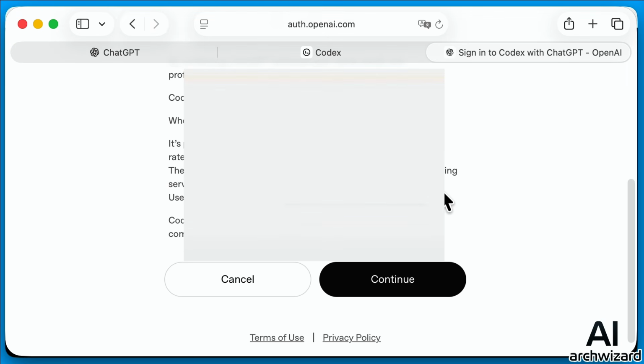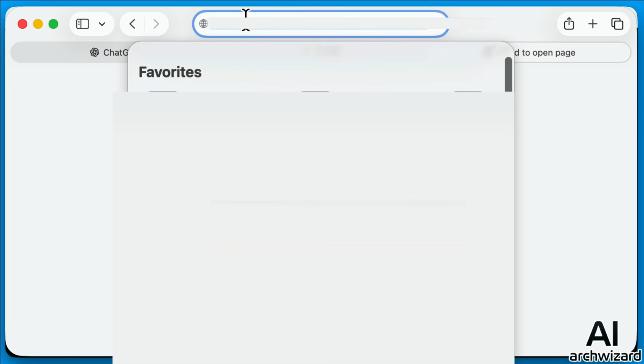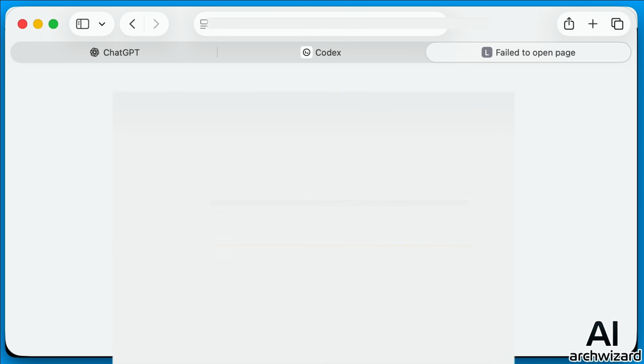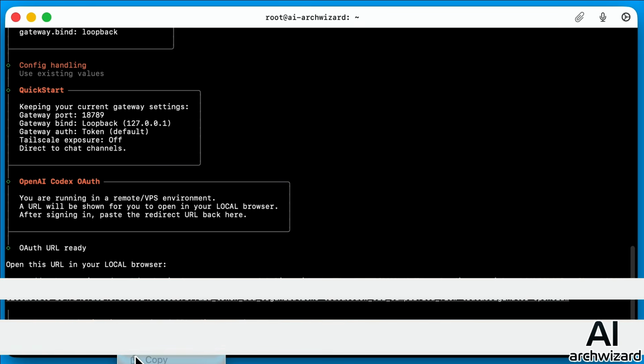So your OpenClaw is trying to sign in, and it is redirecting to this localhost. You now need to copy this redirection link to OpenClaw. So you go to the address bar of the browser, Safari in this case, and copy this URL that has the required information. Once you copy it, the OAuth token is fetched